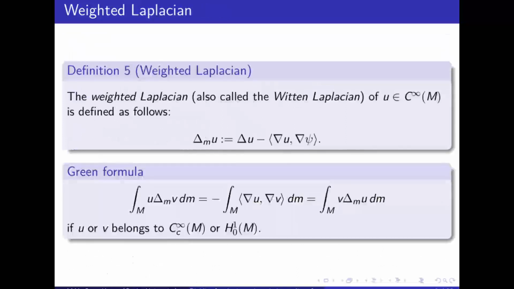I would recall some basic facts about the setting of weighted manifolds. First, I will introduce the weighted Laplacian. On weighted manifolds, the Laplacian is also modified such that the Green formula holds even with the new integral associated with the new volume measure. The study of the first non-zero eigenvalue with respect to the weighted Laplacian is connected to the isoperimetric inequality, and I will explain that connection later.